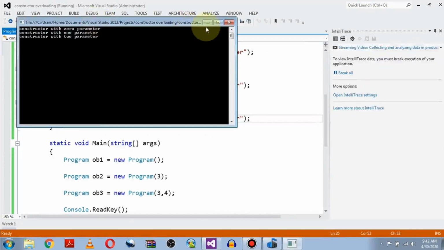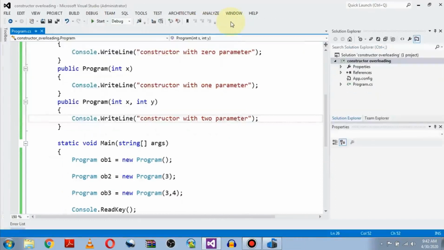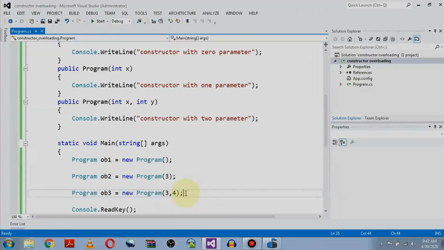This topic is so simple, but you must have more than one function with the same name but different parameters. How will these constructors be called? You have to create an object for each constructor and pass the number of parameters required by the constructor. So that's the end of constructor overloading.